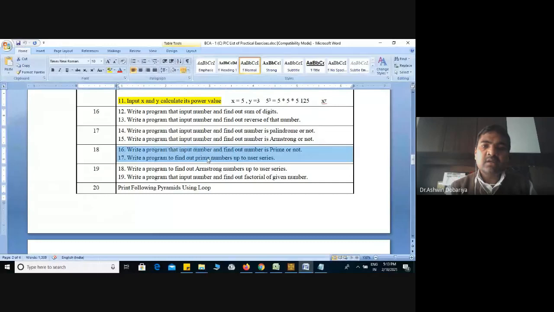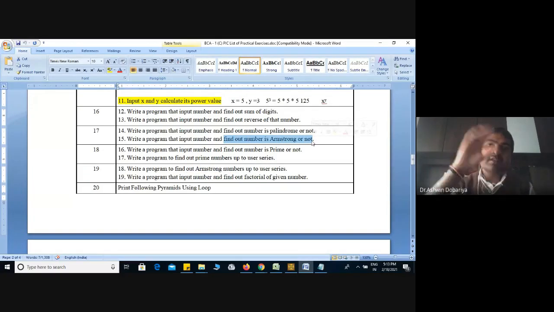Now see here, I'm taking the next program. Write a program to find out the Armstrong number series. This program will check whether the input number is Armstrong or not, and here we have to display the entire series.